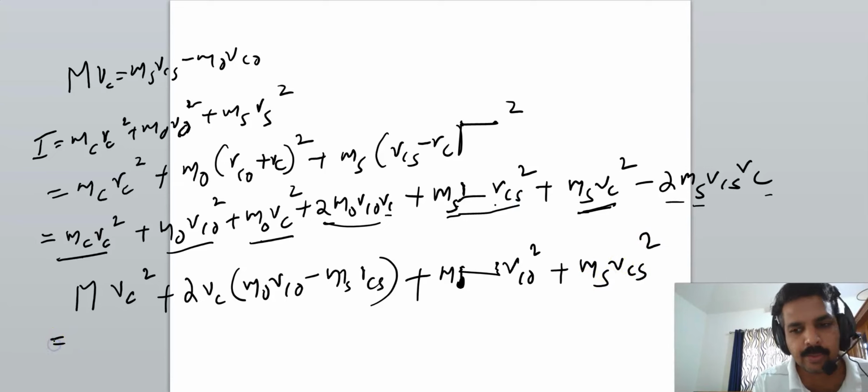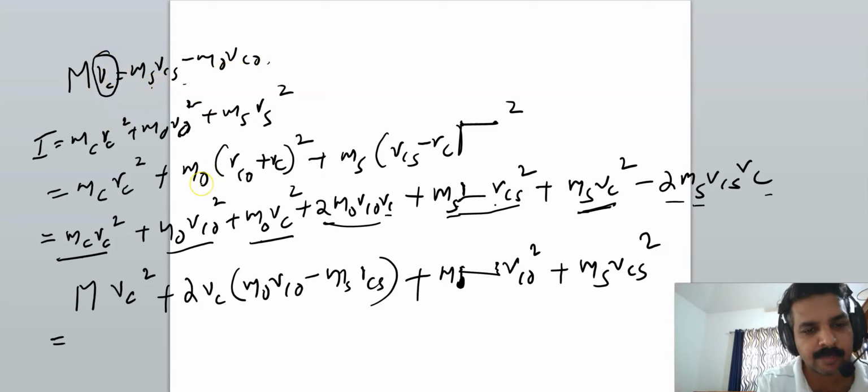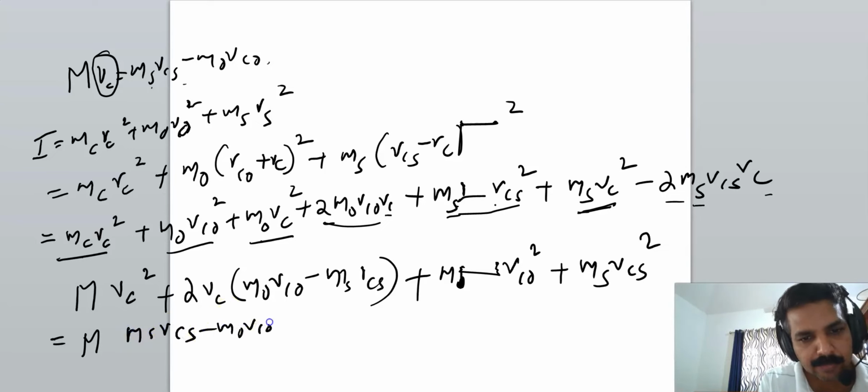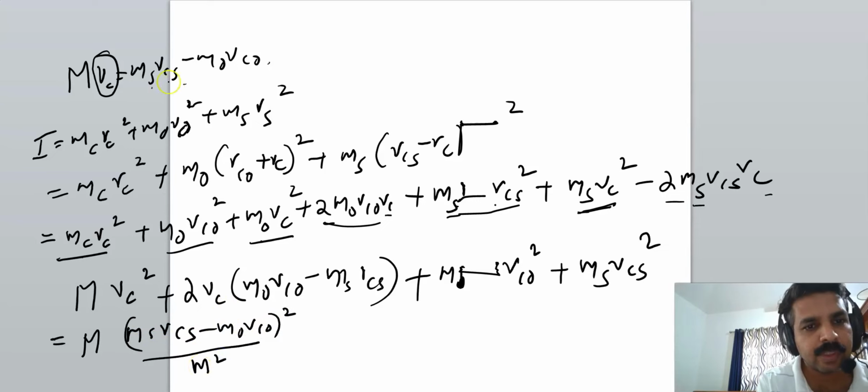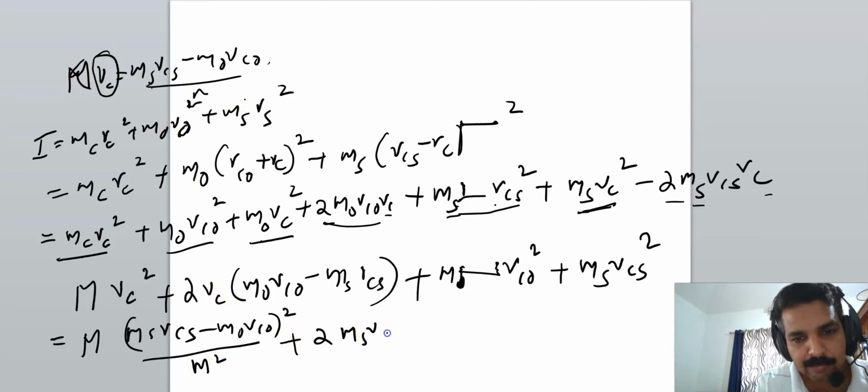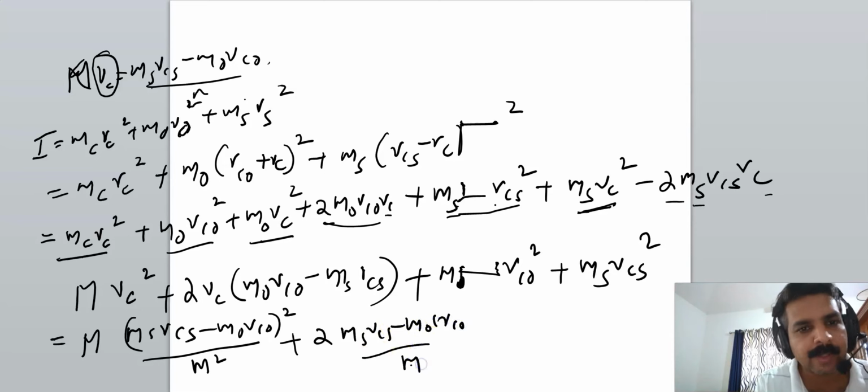Okay, and that is equal to, substituting the value of RC, which is (MSRCS minus MORCO) divided by M. So substituting this, we get M into (MS RCS minus MORCO) whole square, M square divided by M, plus 2 into, for this RC again we can write (MS RCS minus MORCO) divided by M